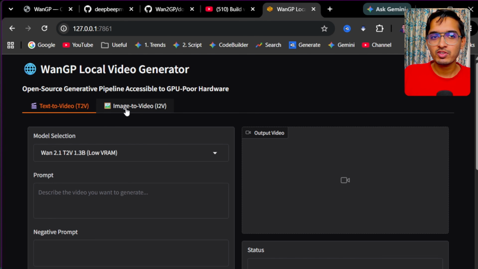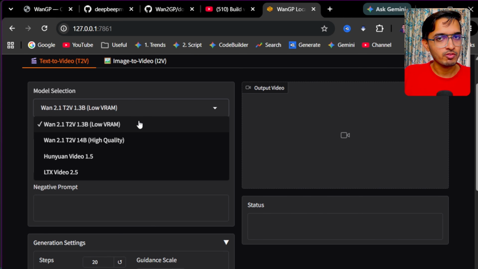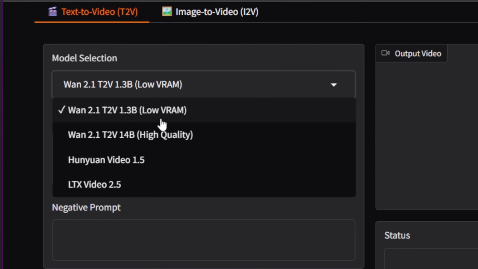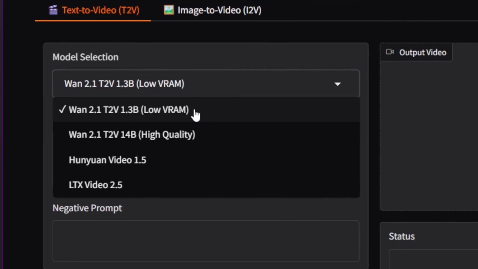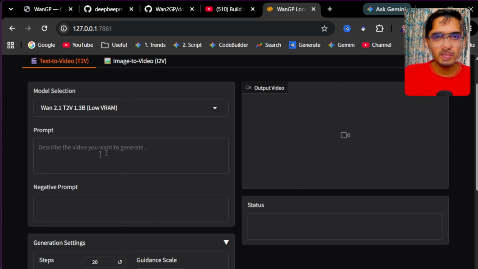But if I have some reference image, like an image of a character that I want in the video, I can go for the image to video mode as well. And then you can select your model basis your graphic card availability. So let's say if you have some 4 to 6 GB of VRAM in your graphic card, you can go for the 1.3B smallest model, as the higher models will at least need 24 to 48 GB of VRAM in your system. So for now, I'll just go for the smallest model of 1.3B,